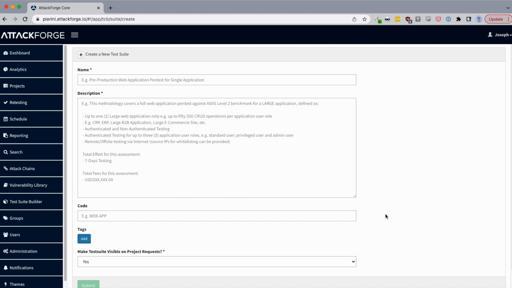I could create a test suite or playbook for wireless testing, or if I had something specific to a customer, like there are certain rules of engagement that I want to ensure that we are aware of when we're starting the test, I could put them in the test suite and we would be sure to have them at our fingertips. That's awesome. That would be very useful.